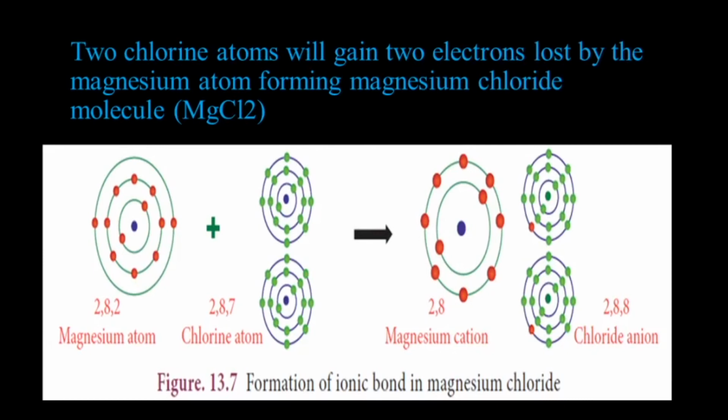So this cation joins together with chloride ions. You know chlorine's atomic number is 17, as we just discussed for the sodium chloride molecule. The outermost shell has only 7 electrons. So 2 chlorine atoms gain 1 electron each from the magnesium atom, and form Mg2+ and 2 chloride ions, each 2, 8, 8. They are joined together because of the electrostatic force of attraction and form the magnesium chloride molecule. These two are examples of ionic compounds.